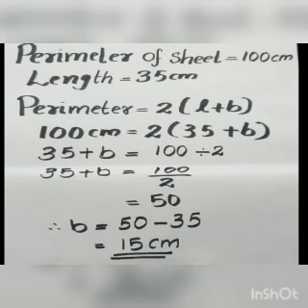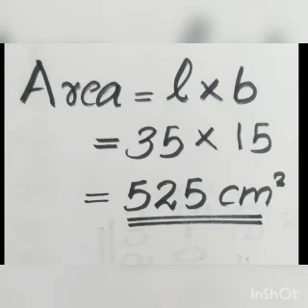When it is perimeter, you have to solve in this way. If it is area, you can solve it directly. But if it is perimeter, there comes multiplication and addition, isn't it? So when you are solving this equation, you have to solve in that way. So you got breadth B equal to 15 centimeter. What is the other question? You have to find the area. If you get length and breadth, what is the area of a rectangle? L into B. 35 into 15 is 525 centimeter square.